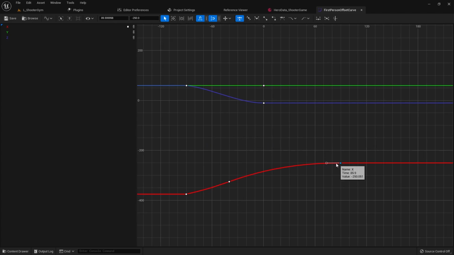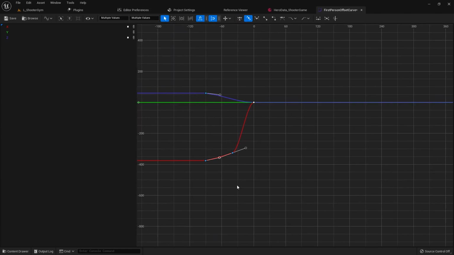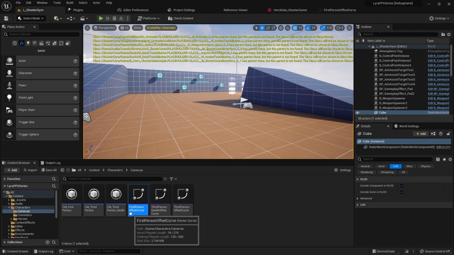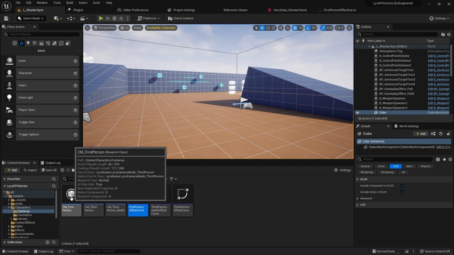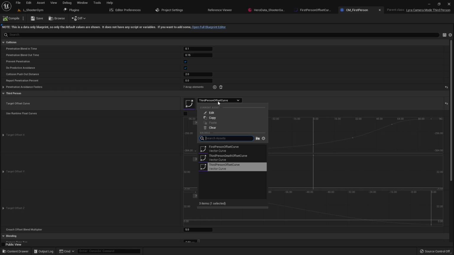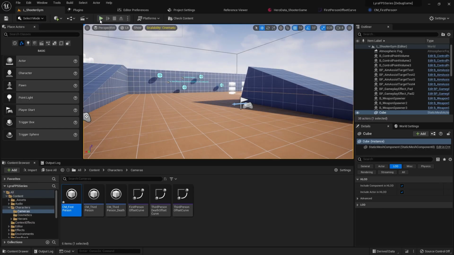So I'm going to take this X value, which is our forward and backwards value. I'm going to set the time to 0 and the value to 0. And then I'm going to grab these 2 points here as well, these 2 keys here and here, and set their values to 0 as well. And then I'm going to just delete all of these other keys that are unnecessary. Now, before we actually play, we need to assign this curve to our first person camera mode. So let's go here and change this from third person to first person offset. Save that. And now when we play in the editor,